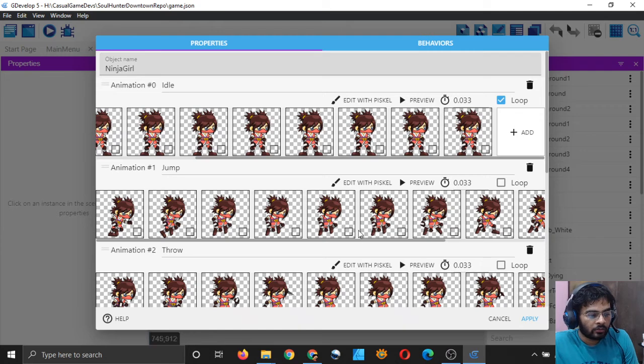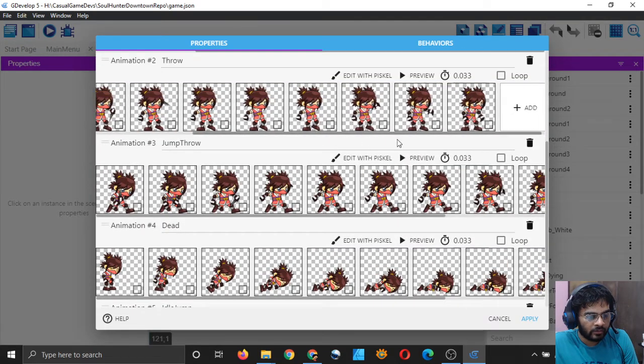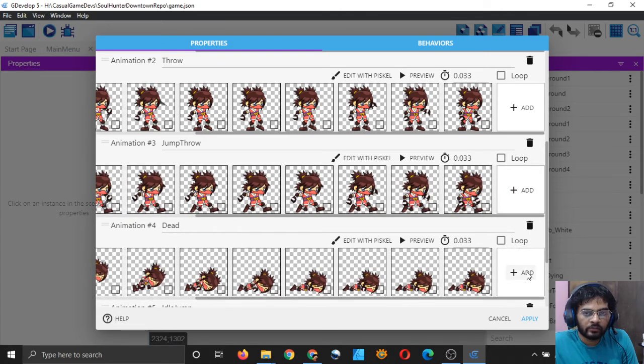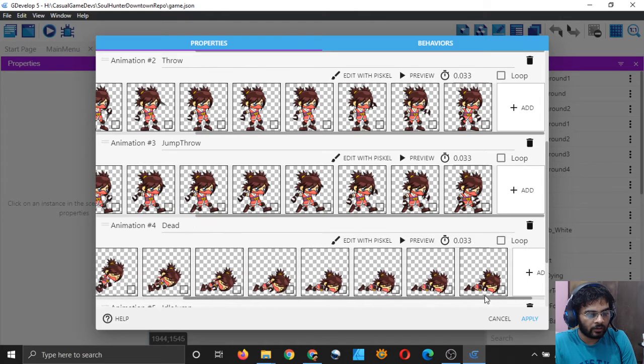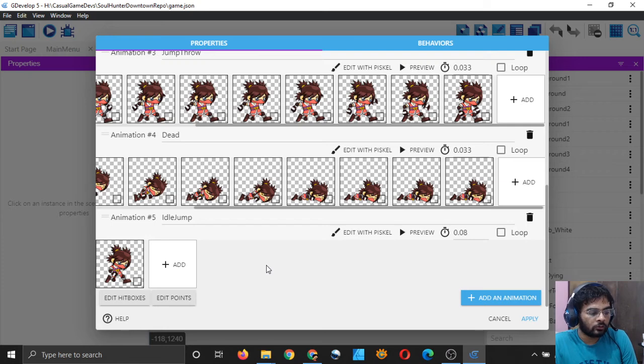So what you do is simply get your new sprites and add them at the end, the same way we added the buttons. I am not doing it because I will have to download the sprites, and it's a lot of work honestly, but I'm just telling you that's how you can do it.